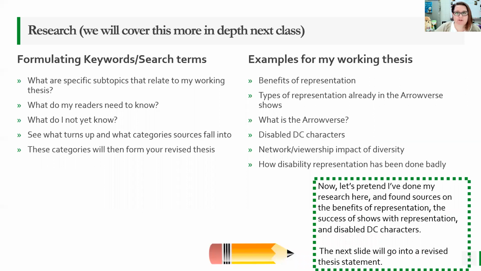And then you do research, which I'll cover in the next video in more depth. But here you want to start thinking about keywords and search terms. What are some subtopics? What do my readers need to know? What do I not yet know? And see what it turns up and what subtopics or categories sources seem to fall into, and they will form